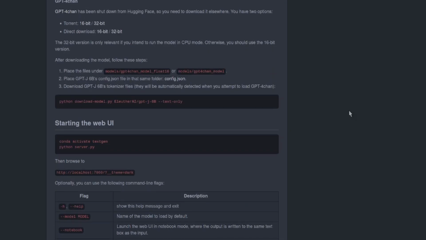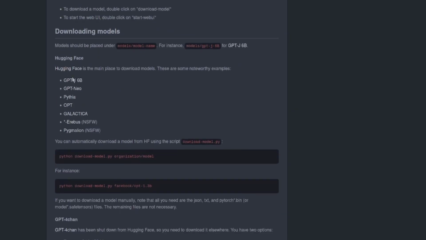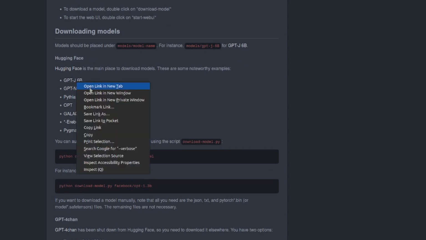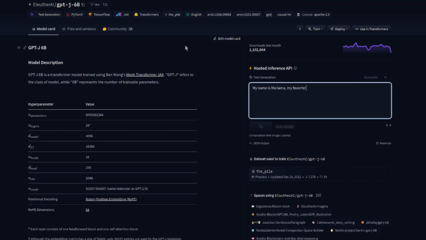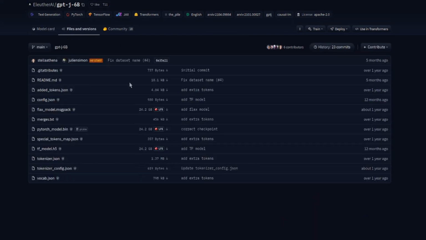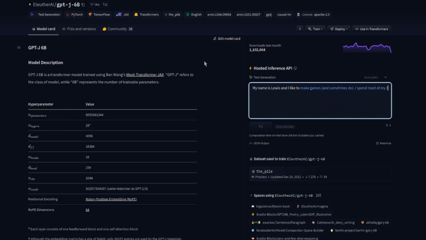So let's go back to this GitHub and we'll scroll up. So let's take a look at this GPT-J6B, for example. We open that, we go to the model card, and here we can see lots of information about GPT-J6B. Those are all the files, so that'll tell you there. It's quite big. That's a 24.2 gig file, so it is worth having a quick look at the model card before you download something, because you may be downloading a very large file indeed. This is quite a beast.